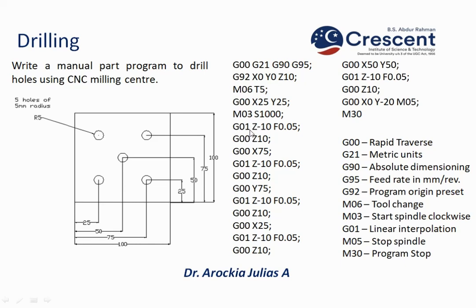Now the drilling has to be performed. So for that we are going to use a linear move. The tool is going to move in a straight line in the Z direction, so for that we will use the linear command, G01 linear interpolation. Now it is at Z10. We have not changed the Z value. We have changed the X and Y value but not the Z value. So it moves to Z minus 10, from plus 10 to minus 10. So actually it travels 20 units, with a feed rate of 0.05.